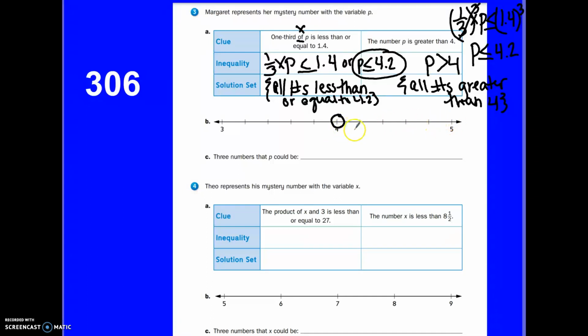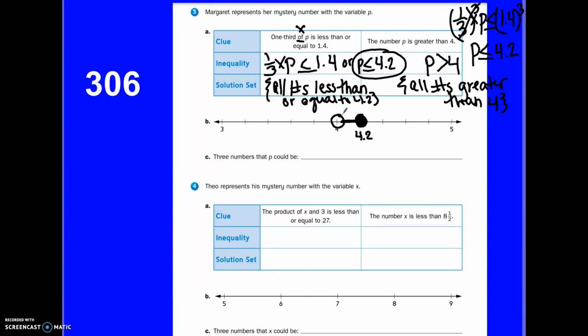So this would be 4.2 right here, 4.4, 4.6, 4.8, and 5. So I know that this is 4.2 right here, and this is going to be shaded in because it's also equal to, and then my numbers that p can be has to be in between right